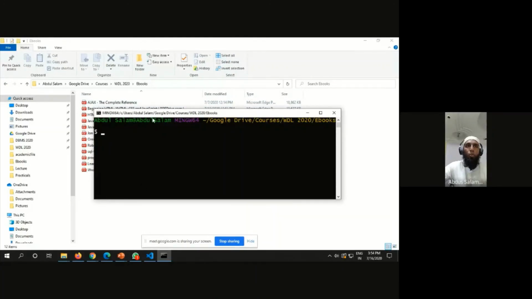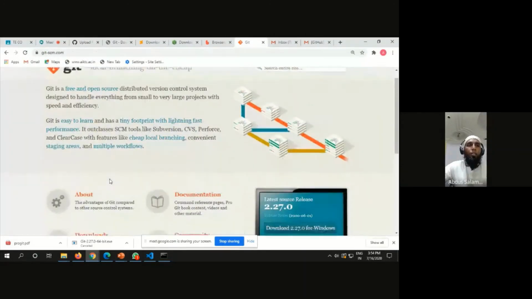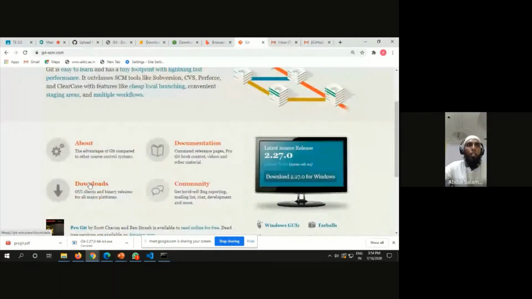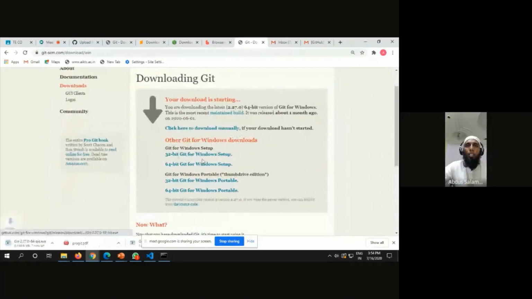Before doing this, I need to install Git. So how am I going to install that? From the Git website. Here I have to go to the Git website and click on the download button, and if I have Windows, I'm going to select Windows, and then I'm going to download the setup.